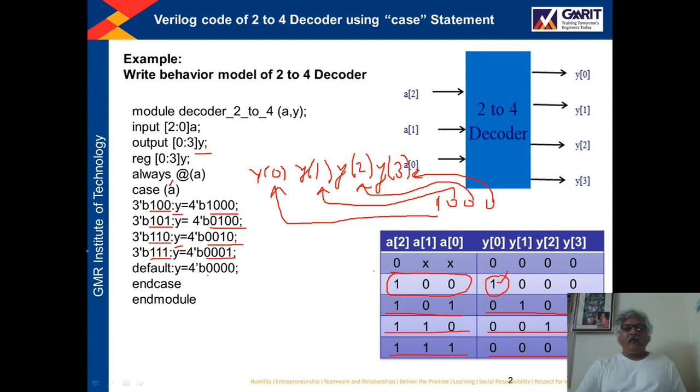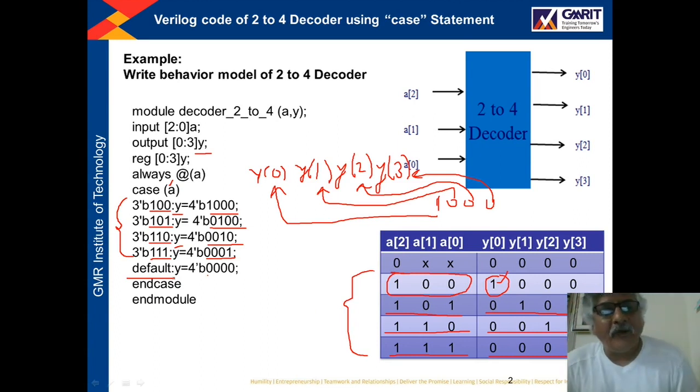Now apart from these four conditions, for any other condition, the output will be 0. So that will be covered in the default case. Default means all previous unassigned values.